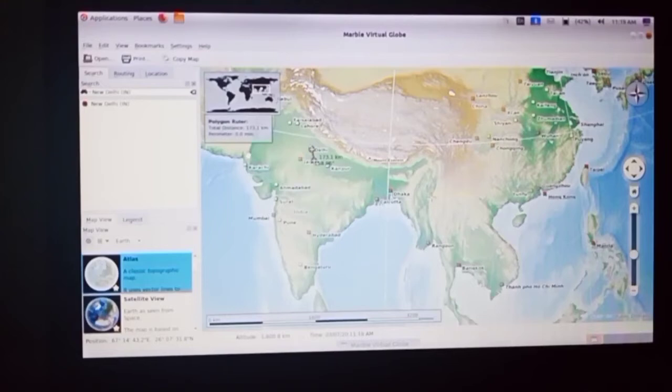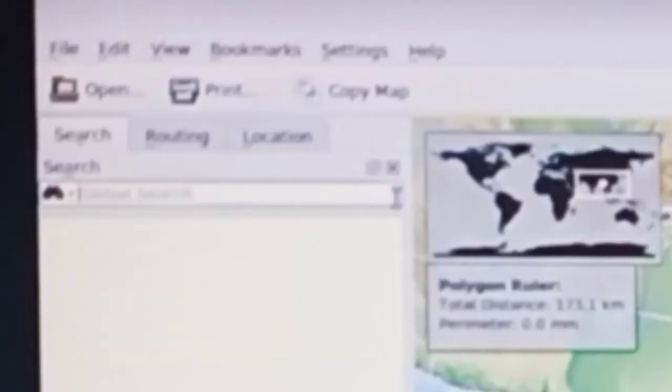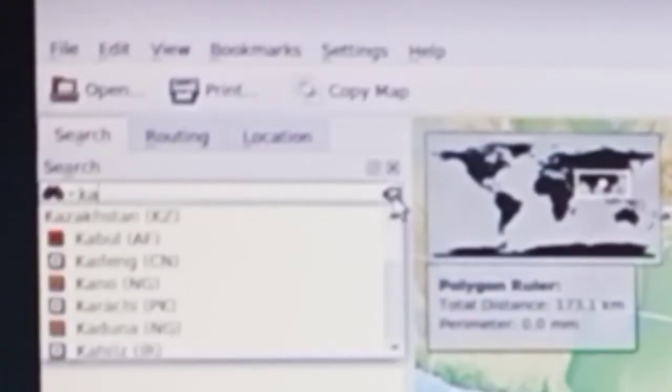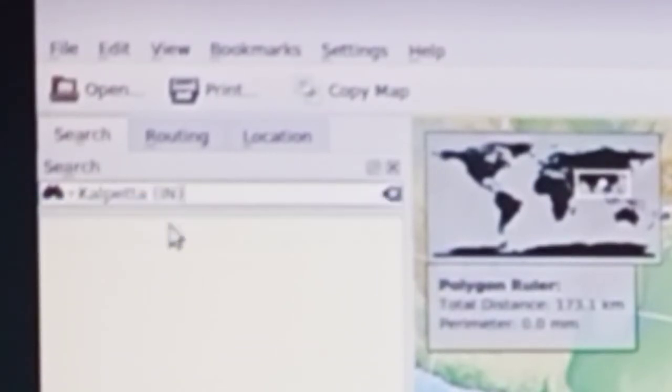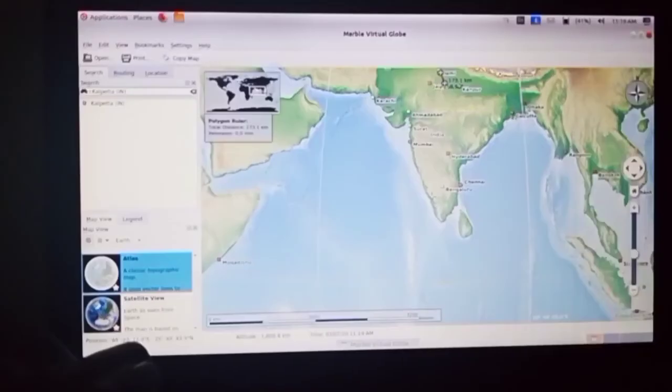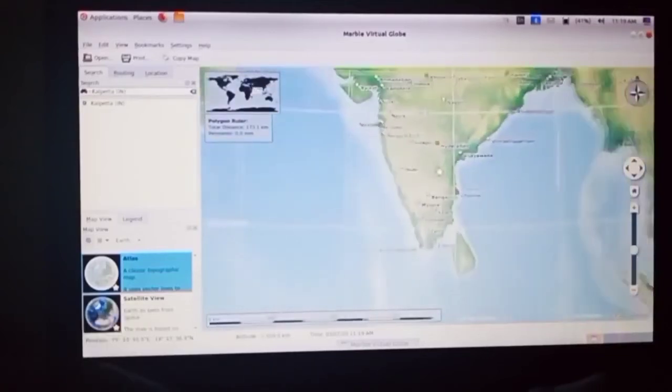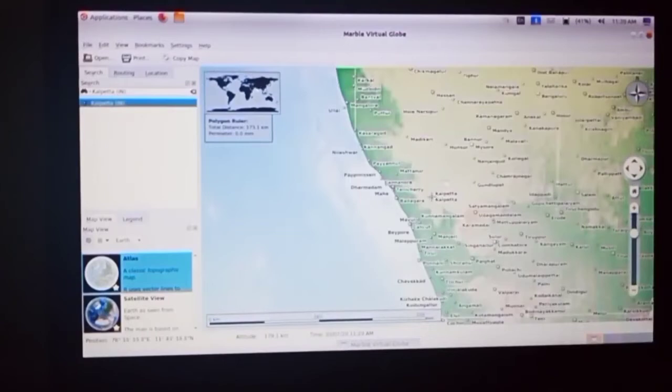Okay. Now in the same way you want to find the distance between the headquarters and New Delhi using the marble globe. So which is our headquarters? District headquarters? Yes, Kalpata. So you want to find Kalpata in the search box, and find the distance between New Delhi and Kalpata. Search Kalpata in the search box. Click enter. Now zoom in to see the names. Here you can see Kalpata. Did you see a plus button here?